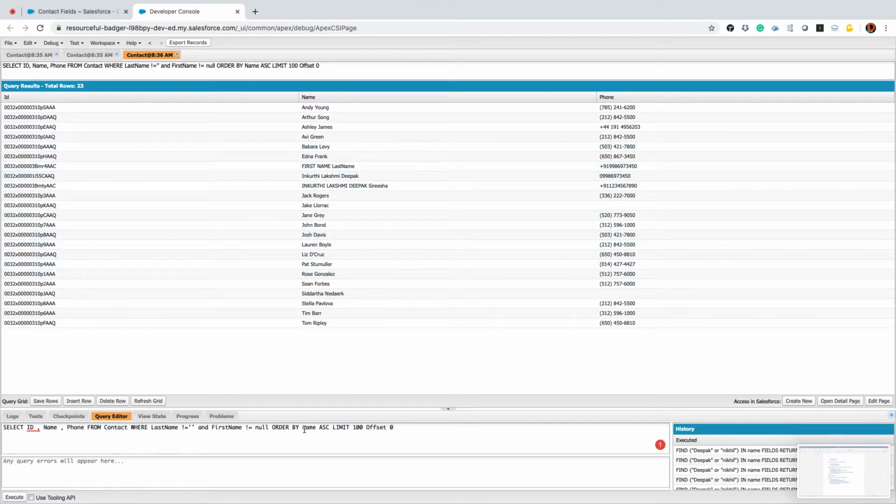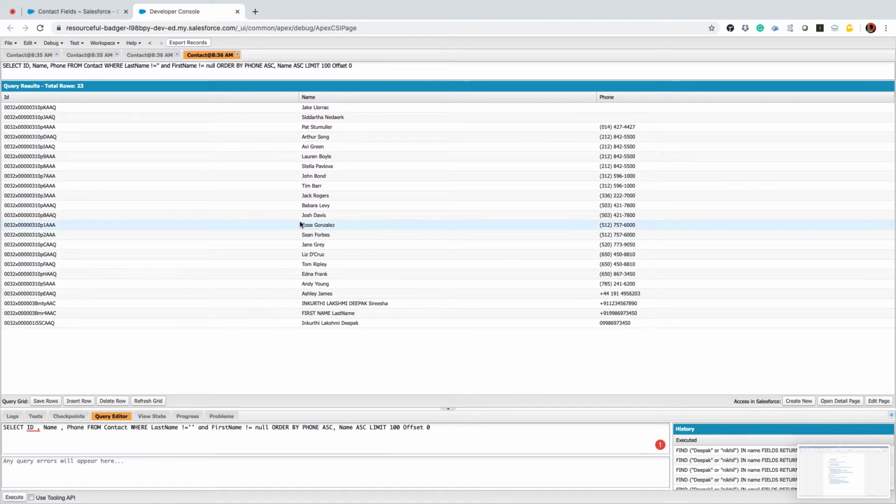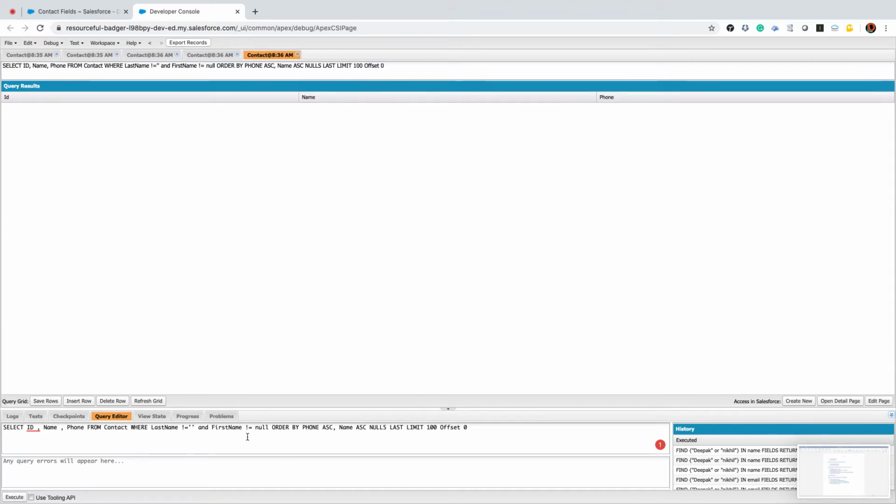If I want to show ascending order by phone number, I can say order by phone ASC, comma. So I'm adding two conditions now, phone and name. Now you can see first Andy is there. Now you can see it changed. If I want to put nulls last, I can say order by nulls last.